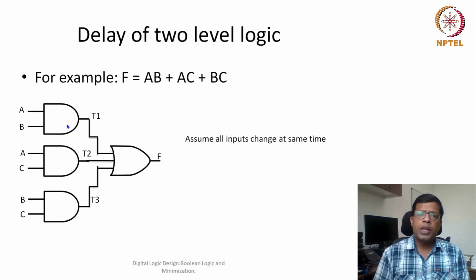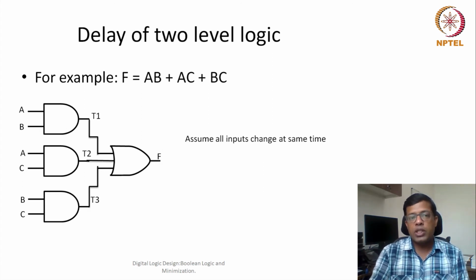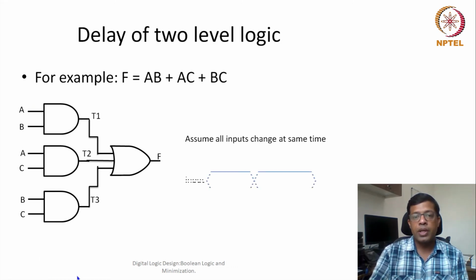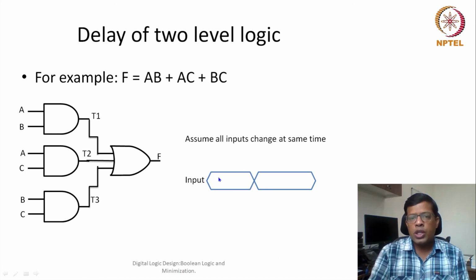Okay, so if I want to see the timing diagram of this circuit, let me assume that all the inputs will change at the same time. Because the inputs are multiple, we define it like a hexagon. Let's say A, B, C: some of the inputs could be high, some could be low, and at a particular time, inputs are changing. Because input won't change instantaneously, output will not change instantaneously either. This output will also be input to something, so that will also not change instantaneously.